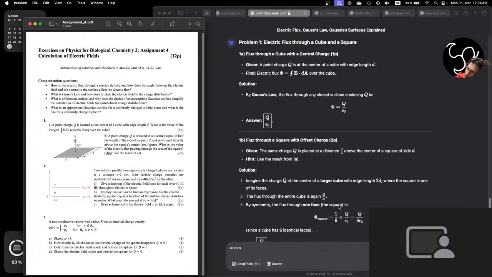From above the center of the square, use the result from A. That is for the center of this cube. Now this is on one of the sides of the cube. Imagine the charge Q at the center of the larger cube with edge length 2D. Right? Yeah, for edge length 2D. If you are imagining a square like that. If it's 2D,